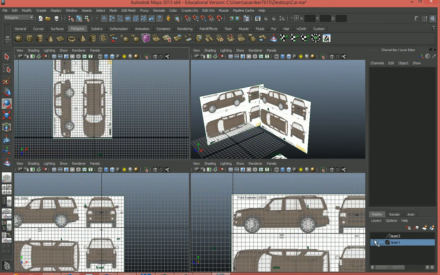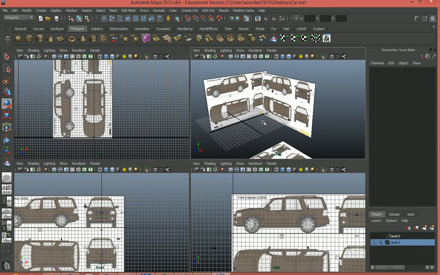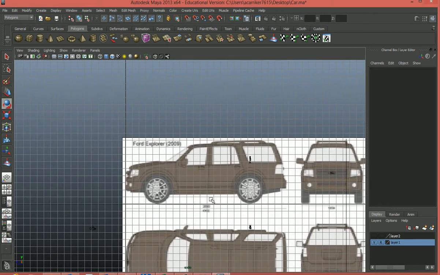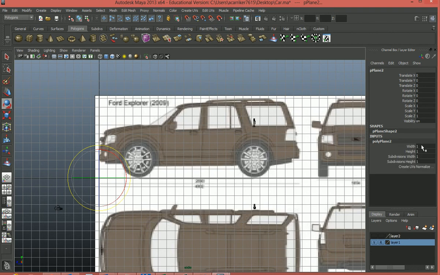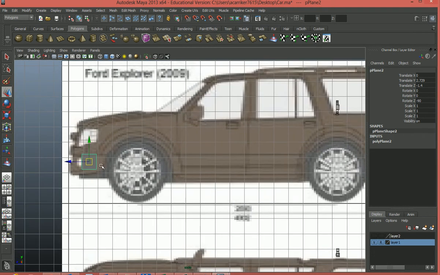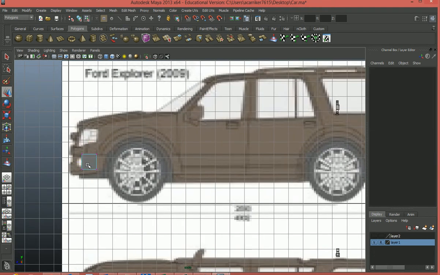So once we get that done, I lock my image planes, and I'm going to go ahead and start on the side of the car. I almost always start on the side of the car just because it has a lot of detail in it, and it's easy to start on. So I usually start with a plane, and I make sure my plane's a 1 by 1 by 1 by 1, and I rotate it -90 degrees so that it's looking at the camera in the side view. And you'll see here I have this really nice plane. First thing I want to do is get the plane in shape here